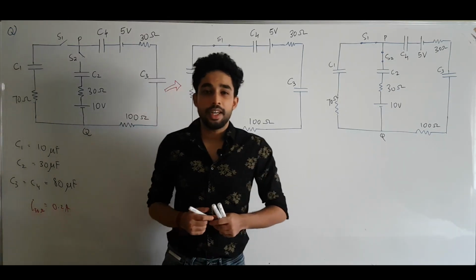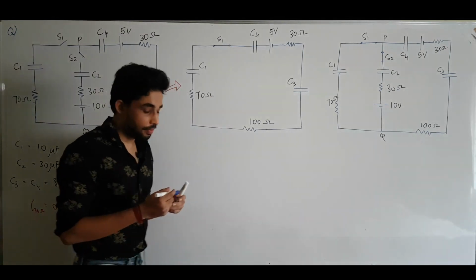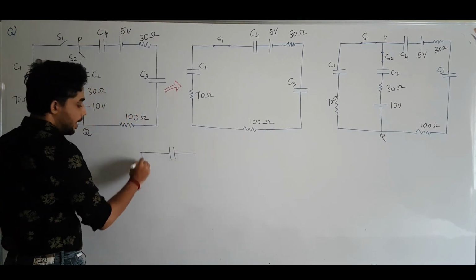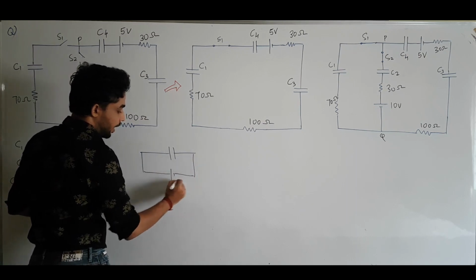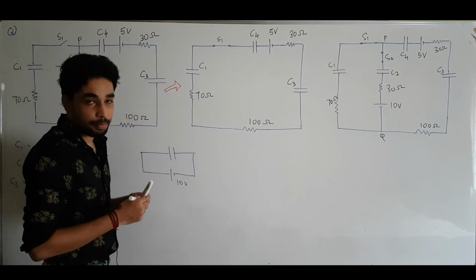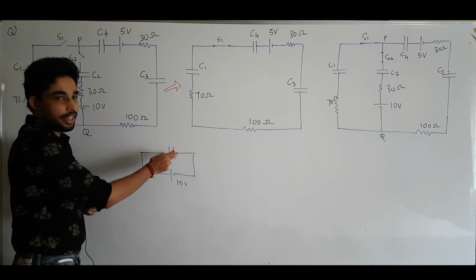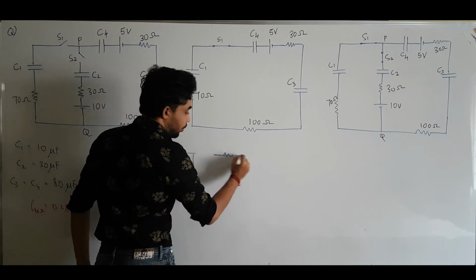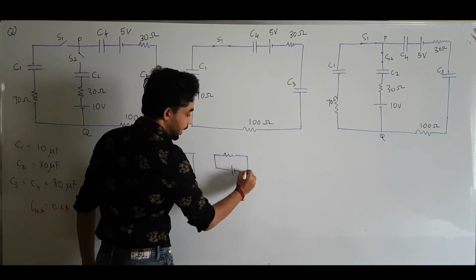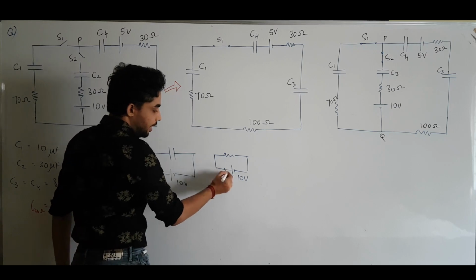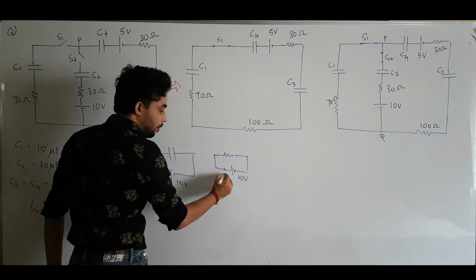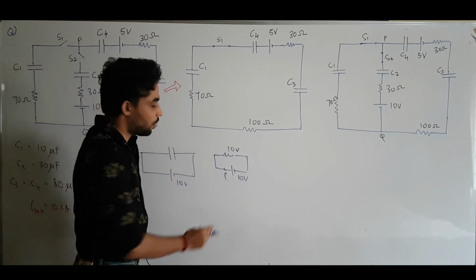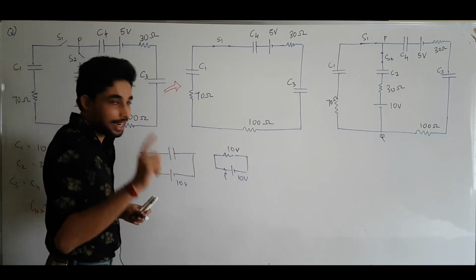So, before starting out, let's run through the basics of a capacitor first. Suppose we have a capacitor and I apply 10 volt across this. What do you think is going to happen? We know that there won't be any sudden change of voltage across the capacitor. This is unlike a resistor. You have a resistor and you connect it to 10 volt. We know that at that instant there will be a current flow such that all the 10 volt will be dropped here. So, sudden changes in voltage happen in the case of a resistor,